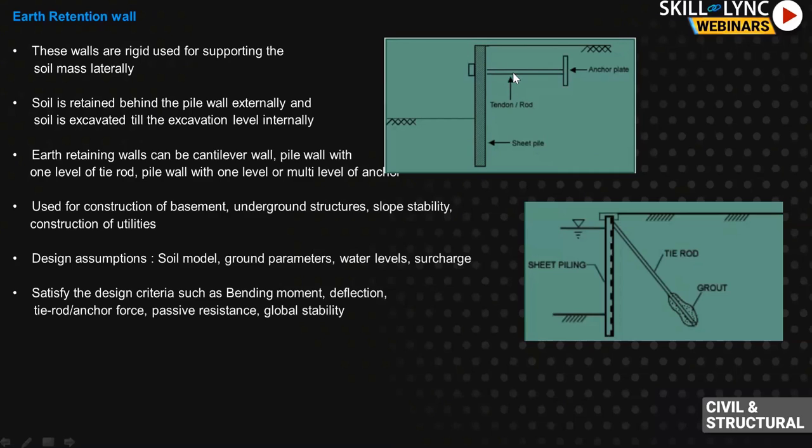Horizontally, you cannot just insert a rod. This is called the tie rods or the tension rods. You cannot install this rod automatically, so you have to have your anchor wall. Anchor wall is also called a sheet pile wall. This is called the main sheet pile wall. This is the anchor wall. When you have this anchor wall, these two walls will be tied with the tie rod. That is how it works. This will arrest your lateral deflection and your bending moment also will be within the limit.